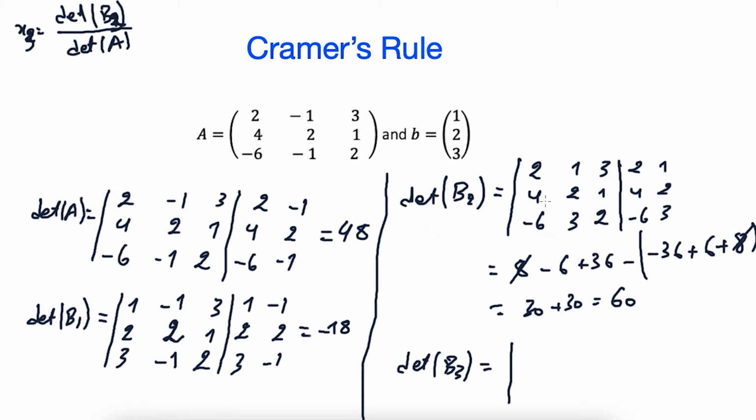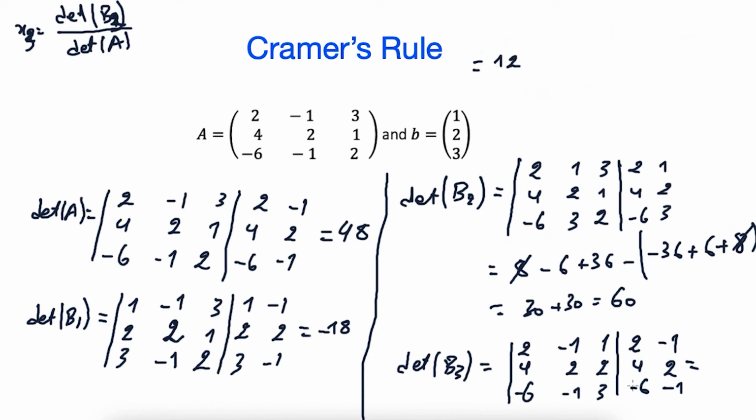equals, here we have 2 4 minus 6, the same here, and the same here, minus 1 2 minus 1, but we will replace this column here by the column vector b, so it will be 1 2 3 here, and when we put these columns here, 2 4 minus 6 and minus 1 2 minus 1, this equals 2 times 2 times 3, which is 12, and minus 1 times 2 times minus 6, so plus 12 also,